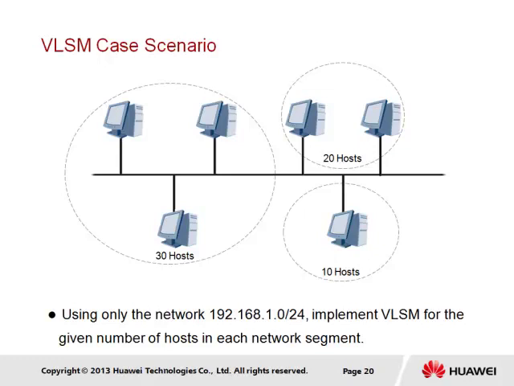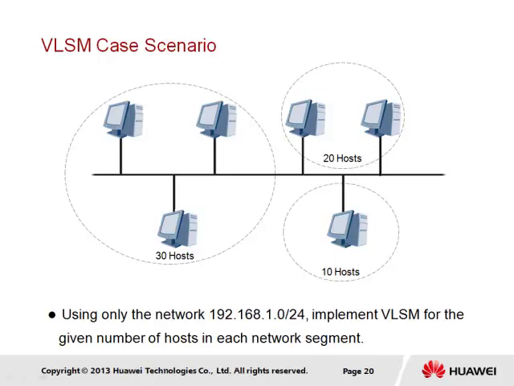If we use the formula 2 to the power of n, where n represents the 3 remaining host bits, we get a result of 2 to the power of 3, or 8 subnetworks, each of which supports 32 hosts. We can confirm this by multiplying 32 by 8 to get the 256 bits that make up the Class C 192.168.1.0 range. Since 3 bits have now become part of the network range, this must be reflected in the subnet